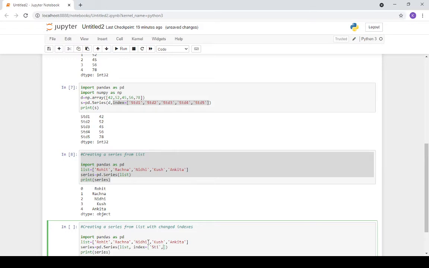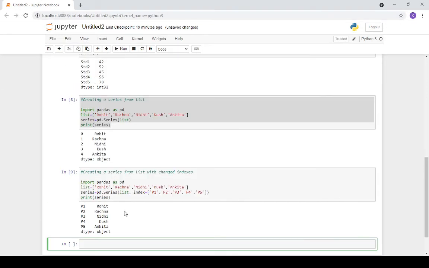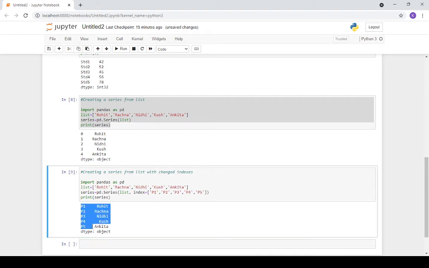Suppose I'm creating p1, person 1, then p2, p3, p4. One thing you have to remember: you have to follow the numbers. If there are five persons, you also have to create five here. Once you create it, the indexes are changed, and now you can see it is p1 to p5. Hope it is clear, and you will get a better response.